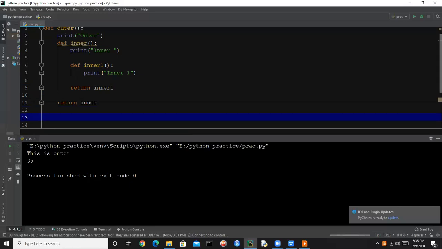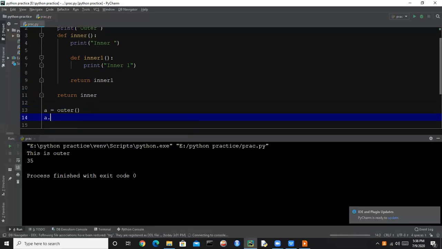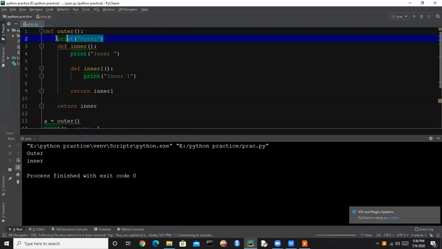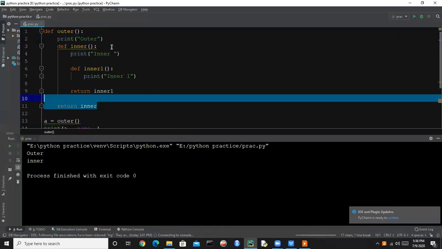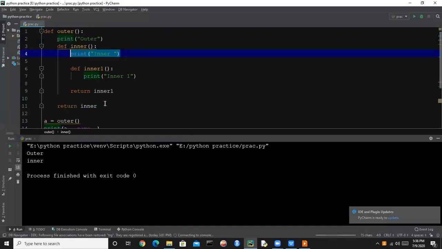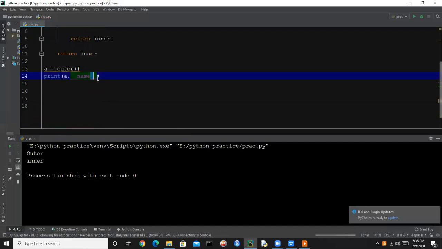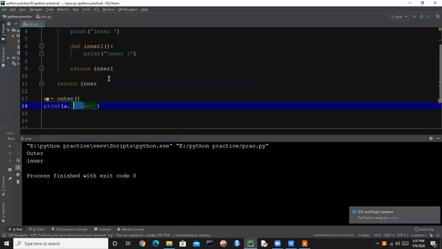And now we will say a is assigned to outer, and if we print the name of a, let's see what will be the output. So now it is saying outer, and it is returning inner. So the name of the function is what it is returning.